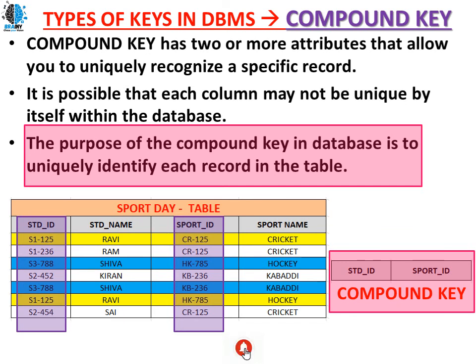So this student id and sport id are the primary keys in their respective tables. In this table they are acting as foreign keys. So this combination of student id and sport id will be called a compound key, as well as they are the foreign keys in this table. Clear with this? So this is the concept of compound key. So let's see the next concept,